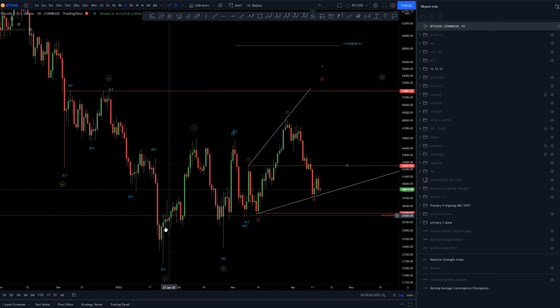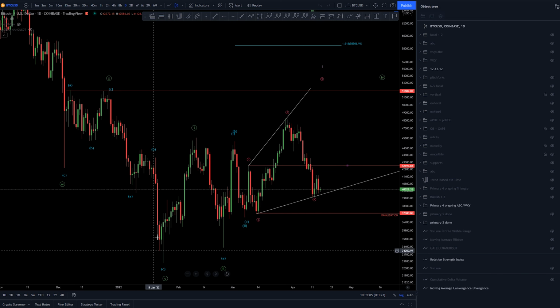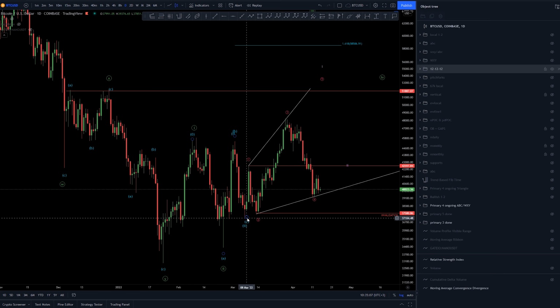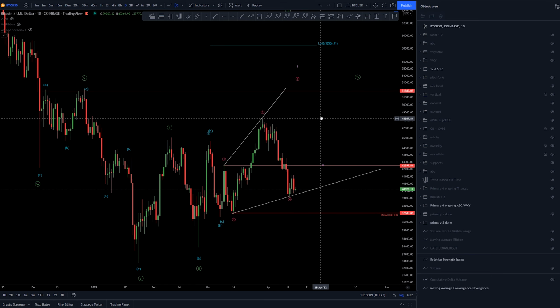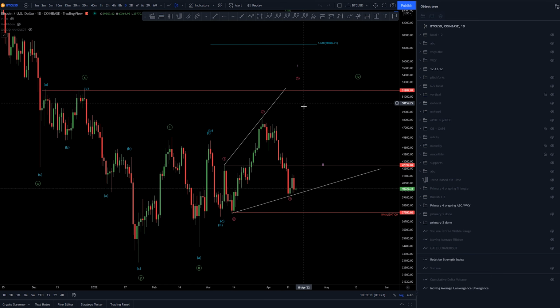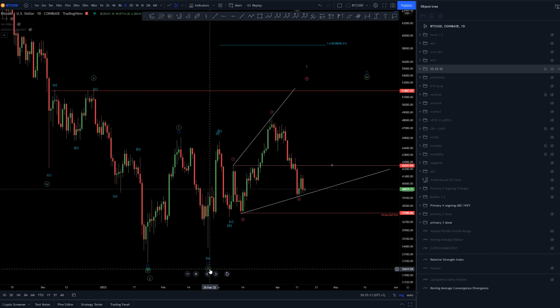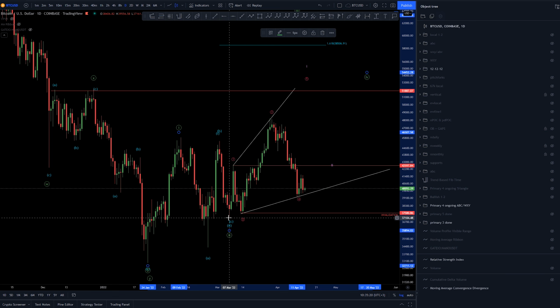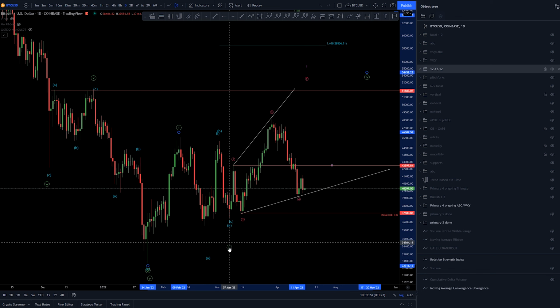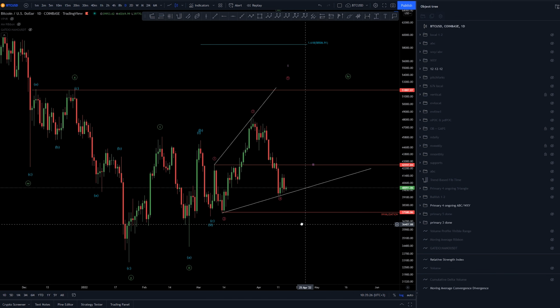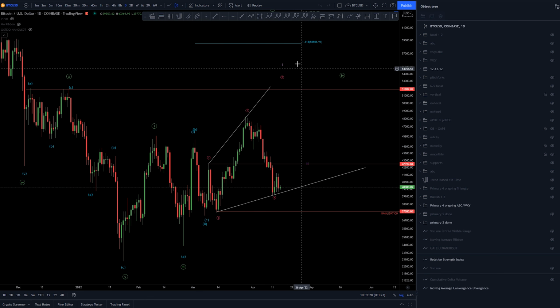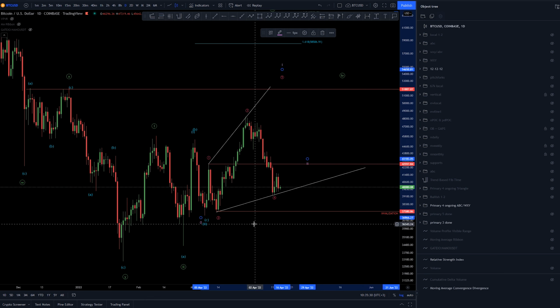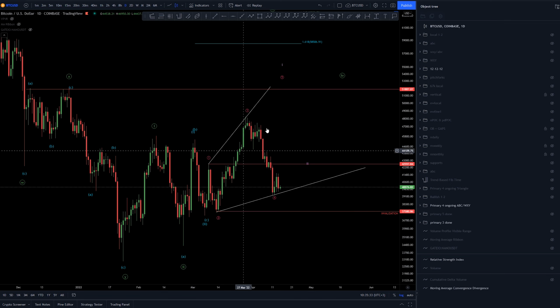So here we go. This is saying that we have a nested pattern here, 1 2 1 2, and now another 1 2 forming with an expanded leading diagonal. Now this 1 2 here, if we want to be more conservative, we could place the 2 here, making this a running flat, which would again create a really bullish count on itself. The invalidation for this one of a sub-minuet count is down here at 37.56,